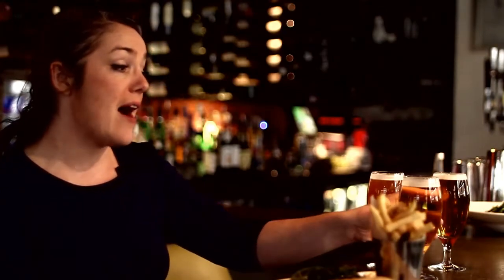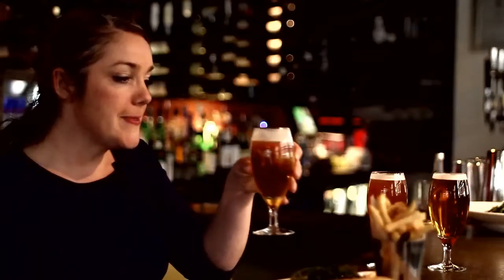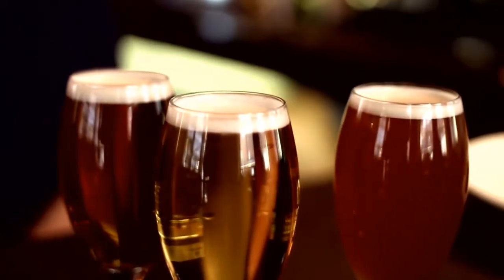So first of all, have a drink of the beer, whichever one you fancy, and taste it. And ask yourself, what kind of beer is it? Is it light and crisp, or is it rich and heavy? Maybe it's quite a sweet beer, which could be to do with the malt content, or maybe it's a more bitter beer from the hops. And the good thing is there are no set rules, as I say, but there are some rules of thumb